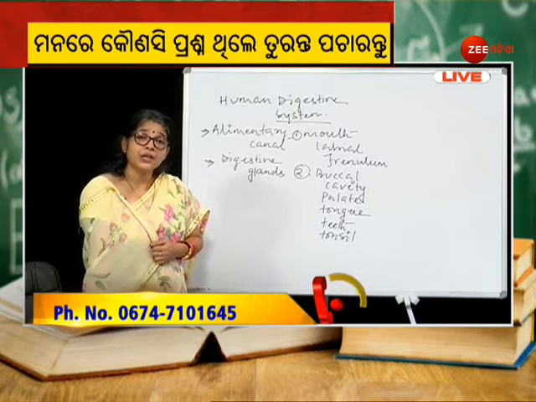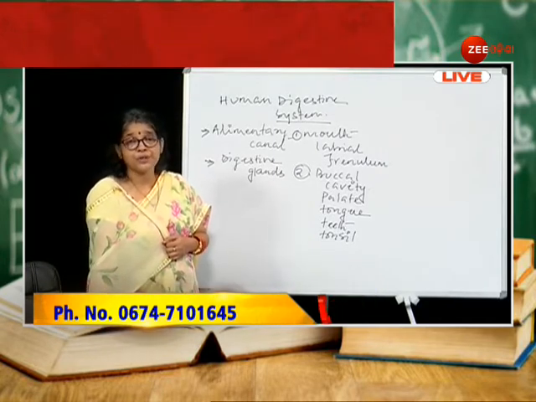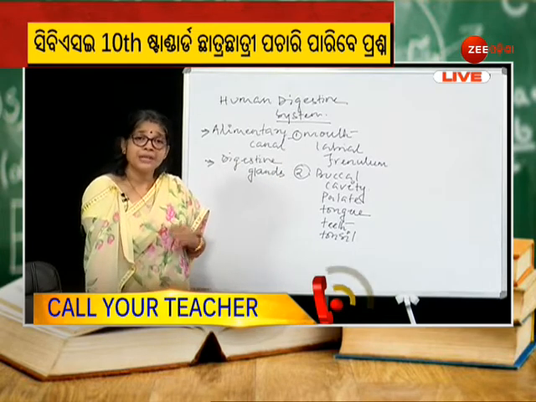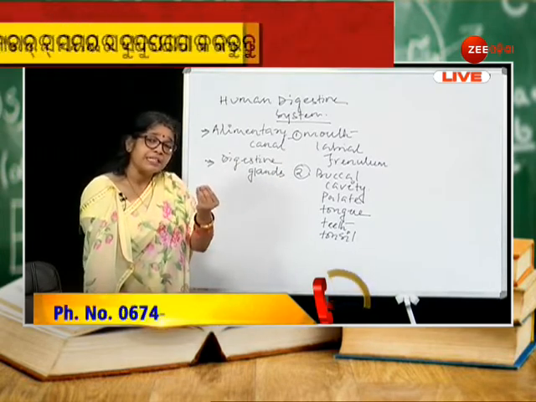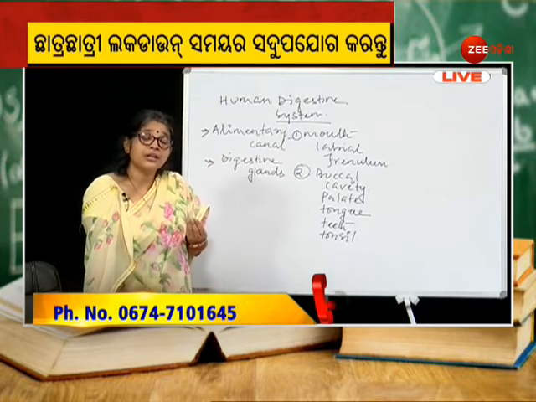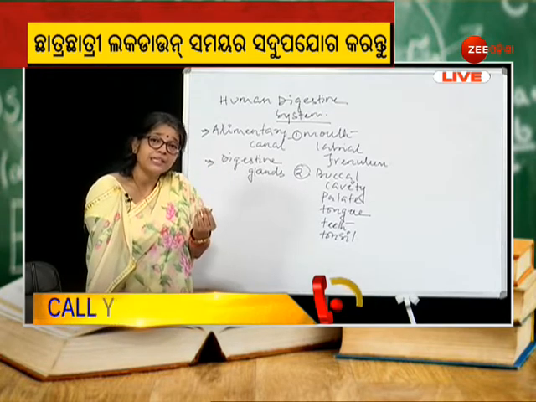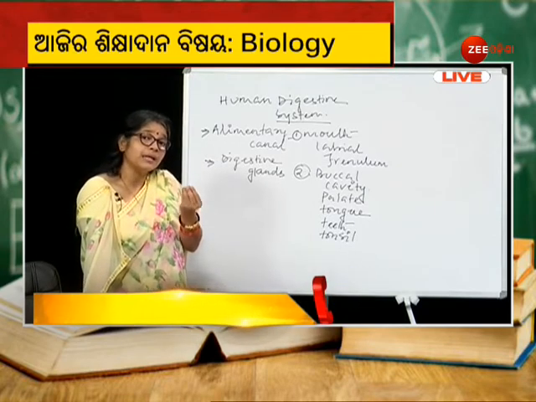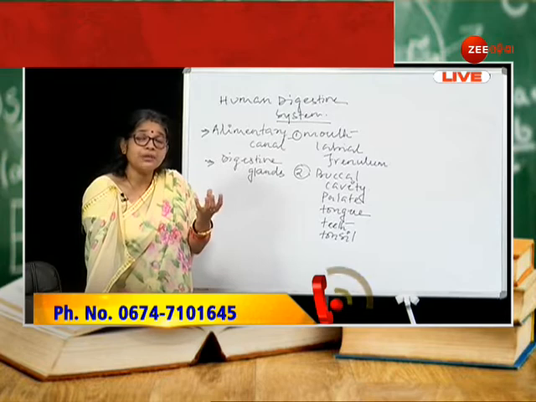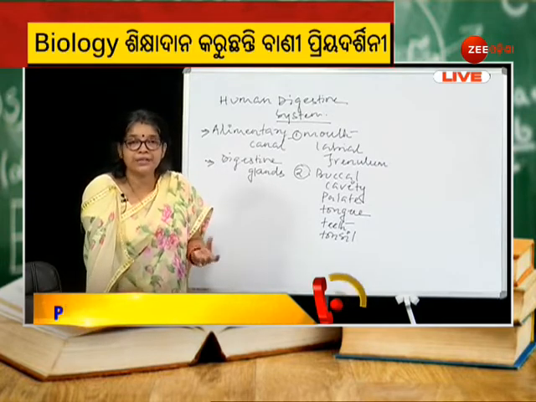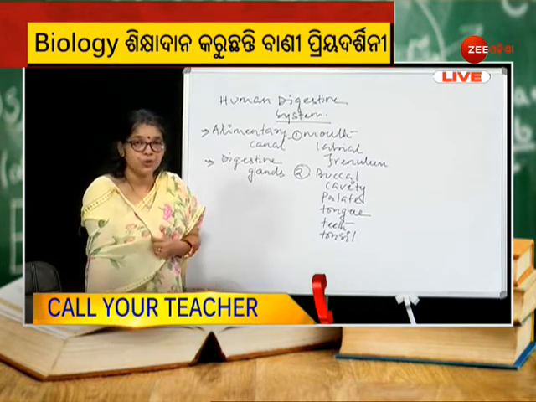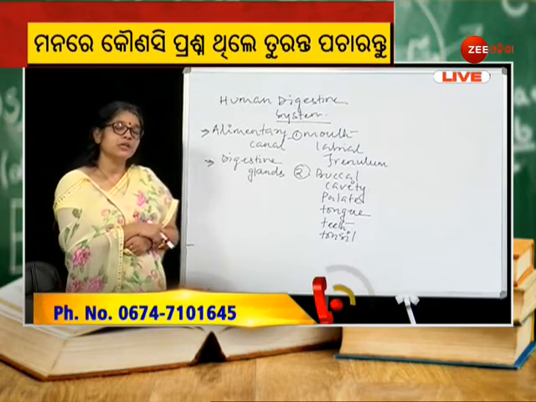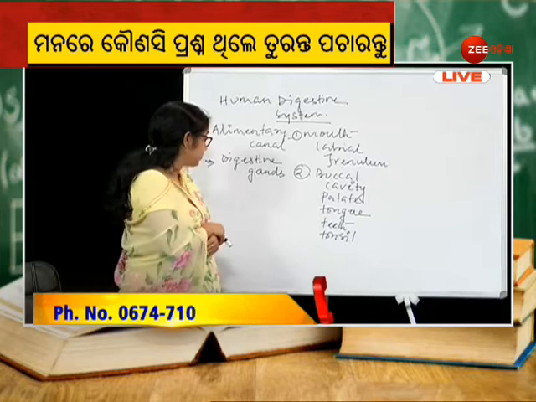So the posterior part of the palate is soft, and the end of the soft palate can be demarcated by the presence of an elevation. That small elevation that is hanging, which we can see when we open our buccal cavity, is known as uvula. So the uvula is the demarcation which is well marked when we open our buccal cavity.